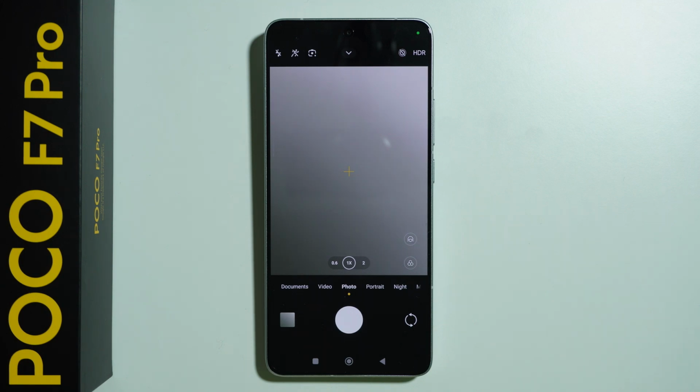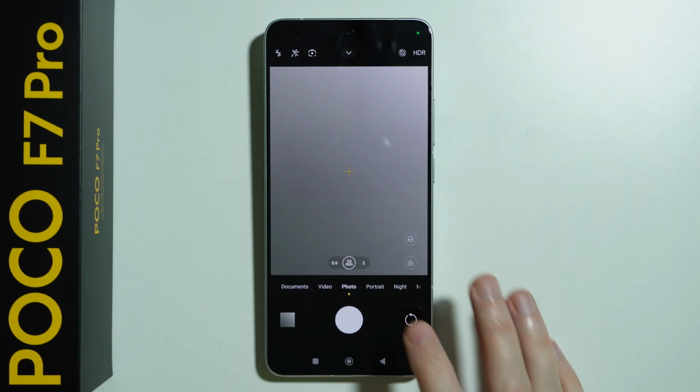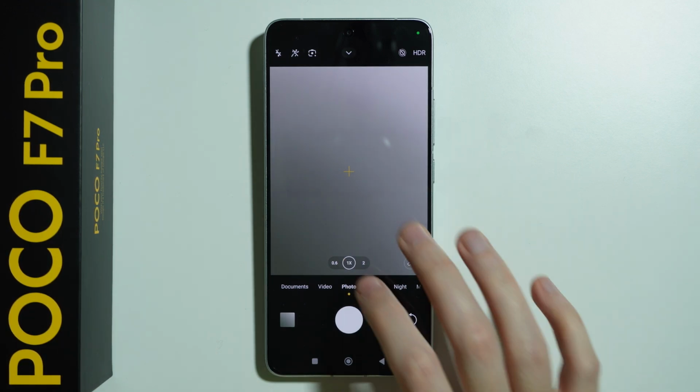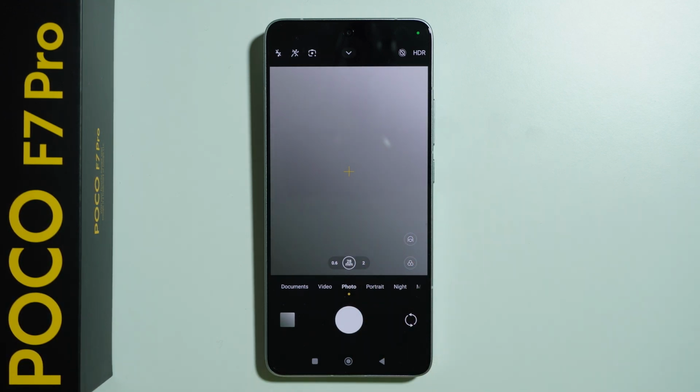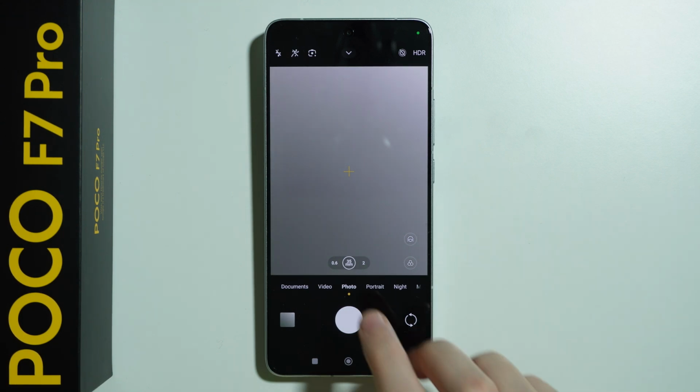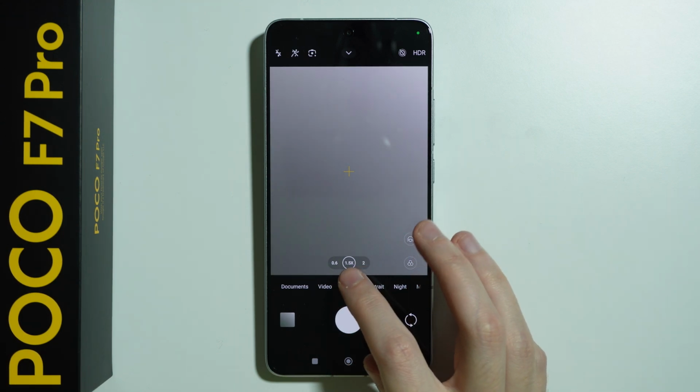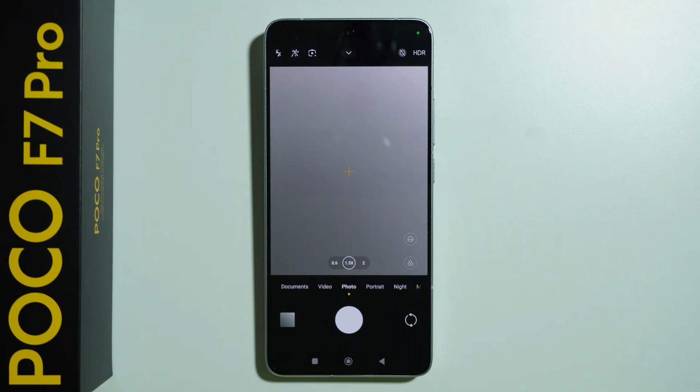If you have, for example, 1x zoom, you can tap once in order to switch to, for example, 28mm or 35mm, or you can go back to 24. Now this is just a simple change of the zoom. And for example, if you leave it like this, you will see that right now I'm using 1.5x